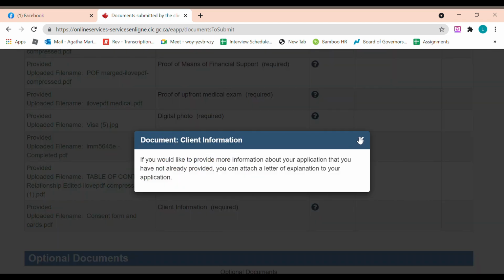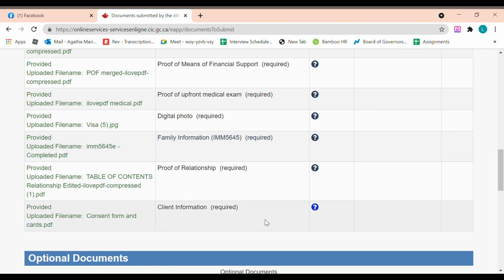And client information, this is where I put in my school documents. I did submit my LOA, anything that has a relation to my school here in Canada. So letter of admission, proof of payment tuition, GIC, my visa, my approval letter, just to prove that she's going to accompany me here to Canada.